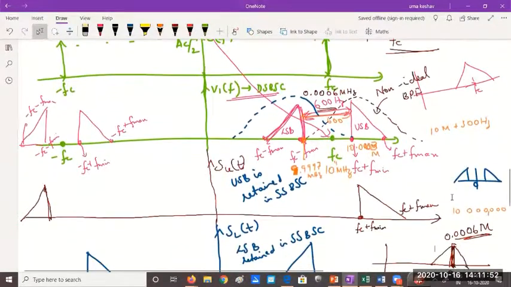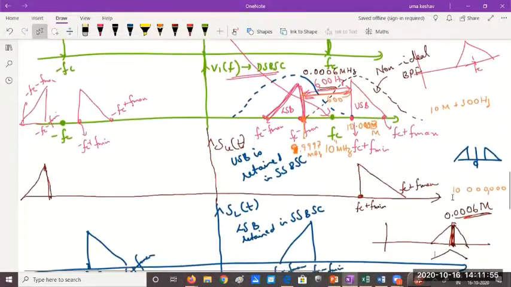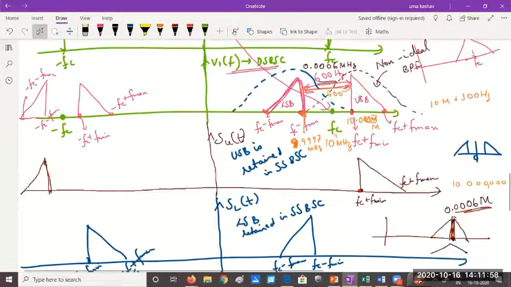So I was telling you what would be the problem that would occur in this case. Though in the drawing what we have drawn, the two sidebands look well separated, you will see this kind of separation if the carrier frequency is small. If the carrier frequency we are using is quite small, in the range of few kilohertz, then it is possible for us to see this separation and design the filter. But what happens when the carrier frequency is large?